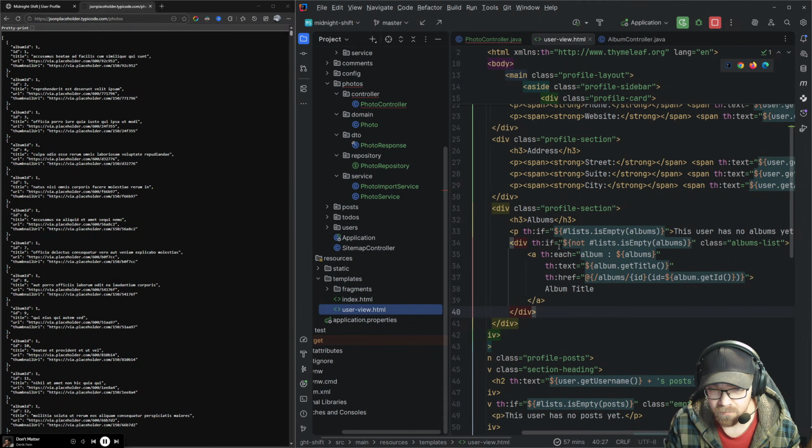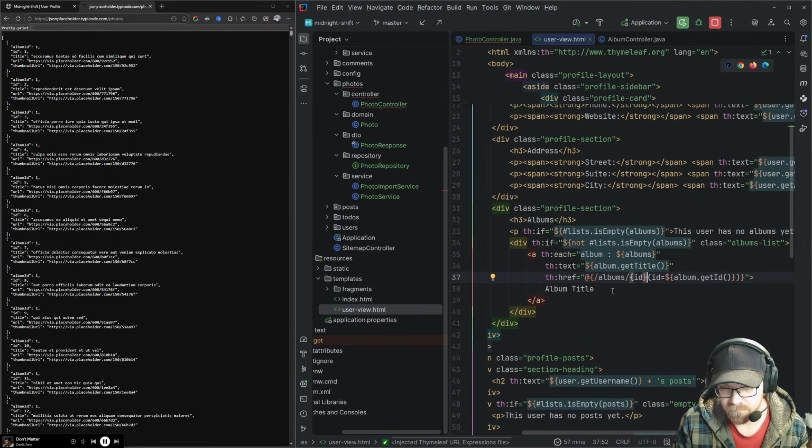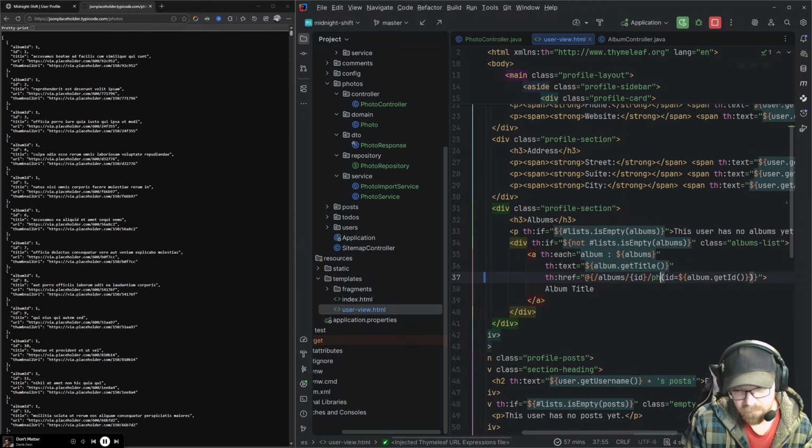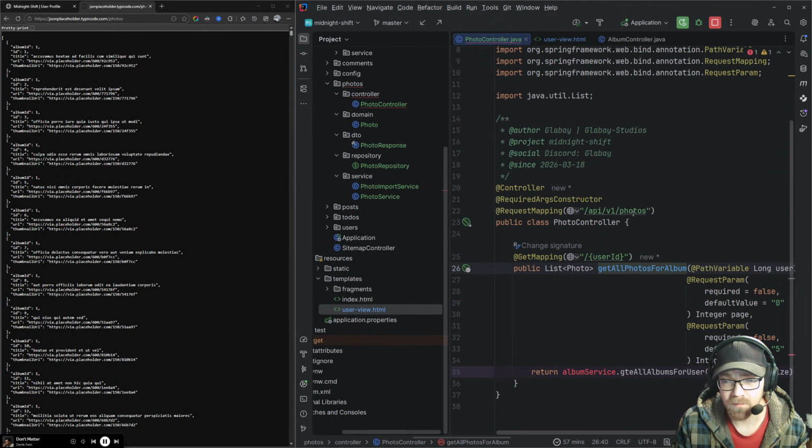Okay, so this was... Oh, right, the href was albums ID, and this is going to need slash photos, album ID. Yeah. Okay, so this.